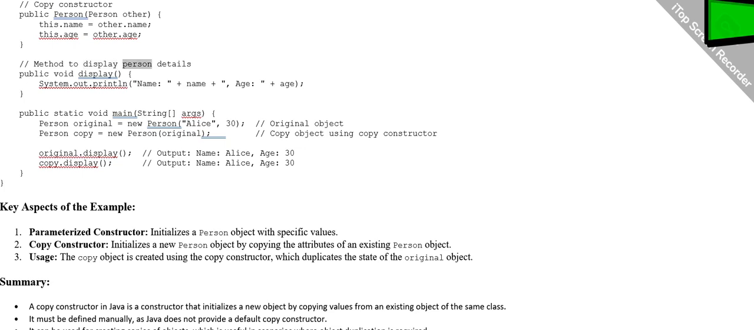// method to display person details public void display() { System.out.println("Name: " + name + ", Age: " + age); } public static void main(String[] args) { Person original = new Person("Alice", 30); // original object Person copy = new Person(original); // copy object using copy constructor original.display(); // output: Name: Alice, Age: 30 copy.display(); // output: Name: Alice, Age: 30